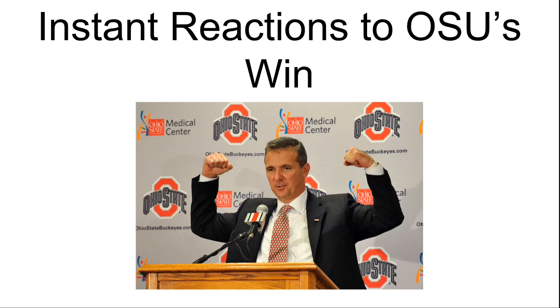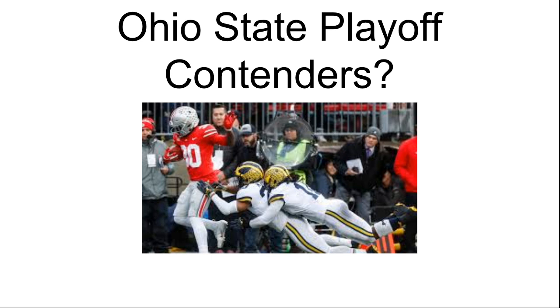All right, let's move on. Is Ohio State a playoff contender this year? Yes, because one of two things will happen: either Oklahoma will lose to Texas, or Clemson will lose to Pitt, and Ohio State will be